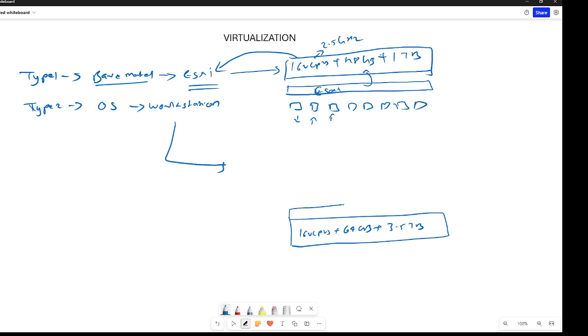On top of this, I have installed Windows 11. Windows 11 will definitely take 6 to 8 GB of RAM, correct? And it will consume at least 100 GB of hard disk, and also two virtual CPUs. So I'm already consuming 8 GB of RAM plus 100 GB of hard disk plus two virtual CPUs. So what is left now? 14 virtual CPUs and 56 GB of RAM and hard disk, whatever it might be, 3.4. All right, so these are my resources left now.